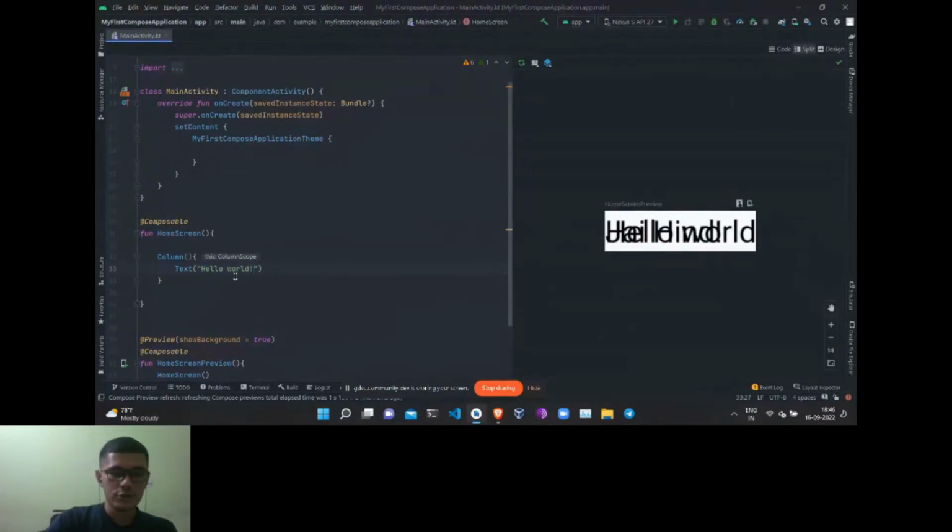Okay, so now we want to use this composable to show this user interface on the mobile screen. So the way we can do it is, we want to show this on the mobile screen. So for that you need an emulator. So what is an emulator? Emulator is nothing but